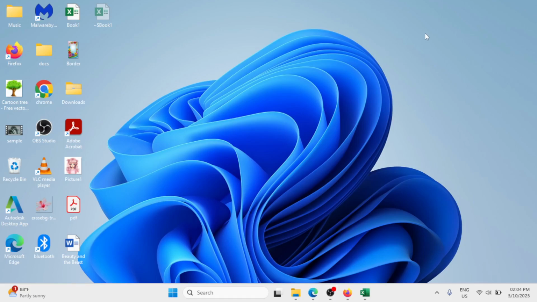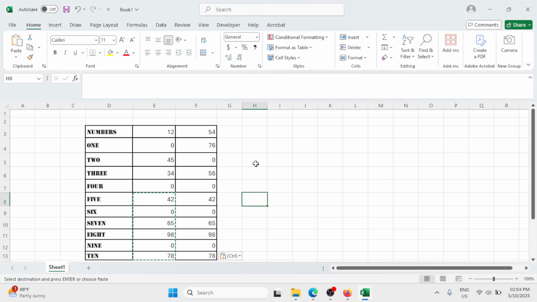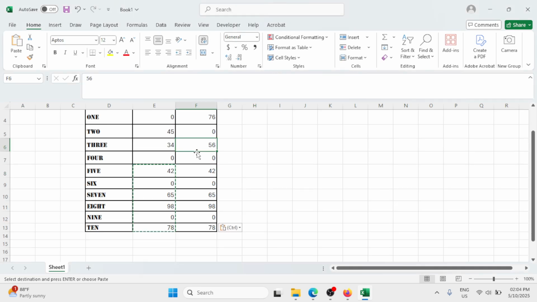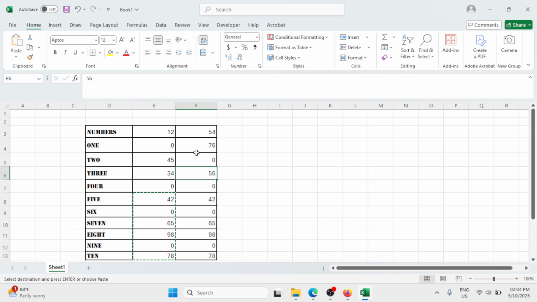In this video, I'm going to share with you how you can hide zero values in Microsoft Excel. So let's get started. Okay, so as you can see, we have zero values from here. And if you want to hide the zero values in your Microsoft Excel sheet, click on the File tab and